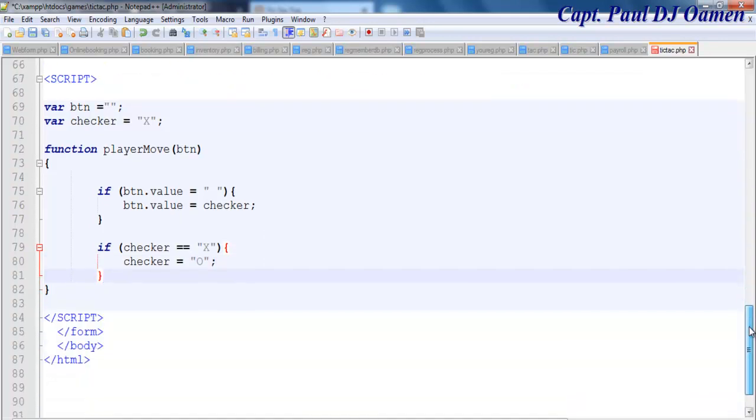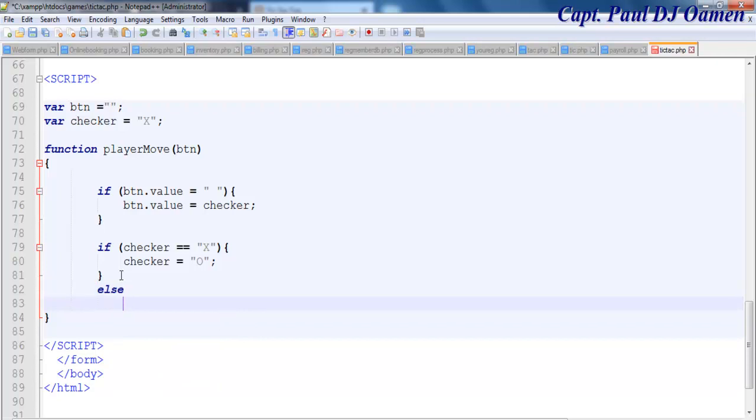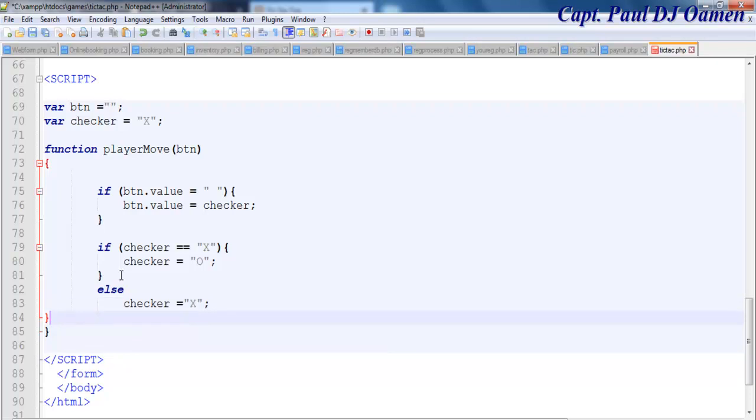We now use an else for our next condition. Else checker equals letter X. There we go. Right. So if I run this now,